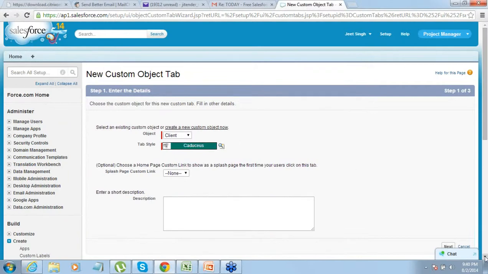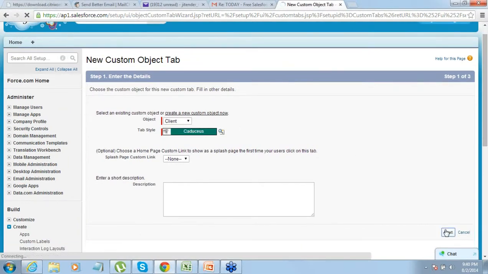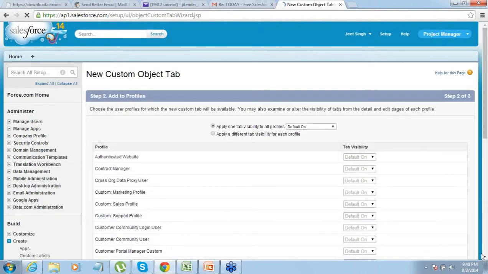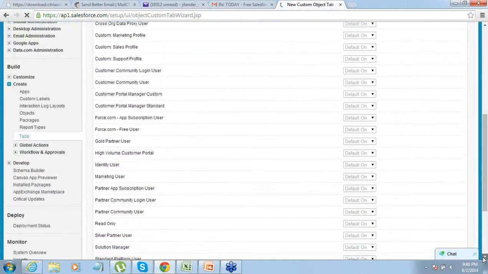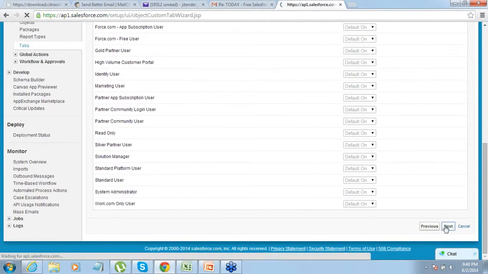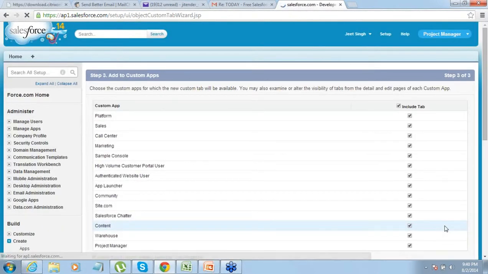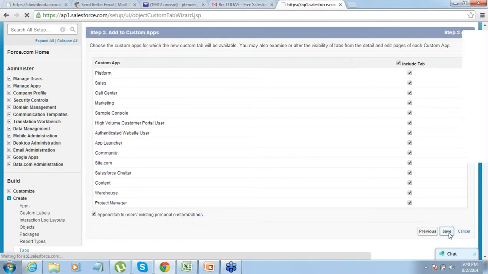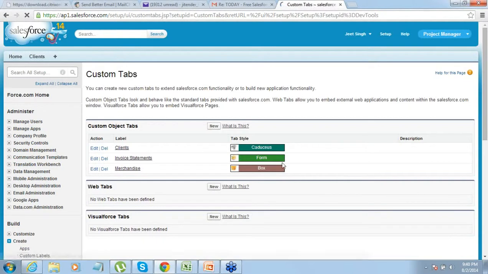You can pick whatever you want and then go to next. That's it. Don't do anything on step 2 while creating the tab. Leave it as it is. Go to next. Don't do anything on step 3 also. Leave it as it is. Click on save. Done.